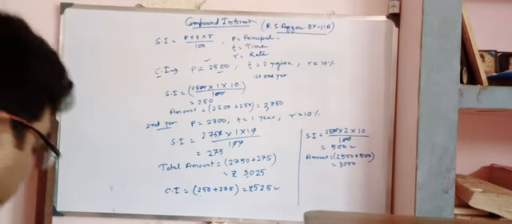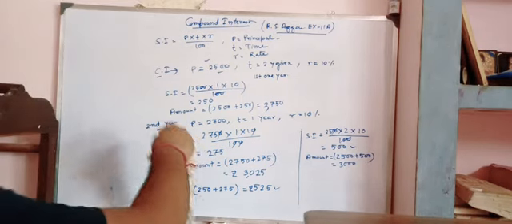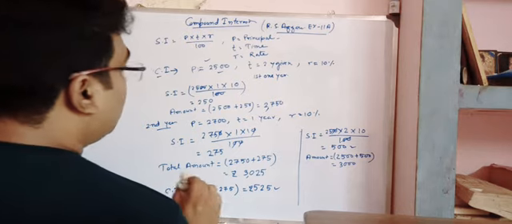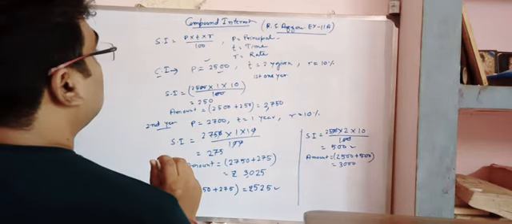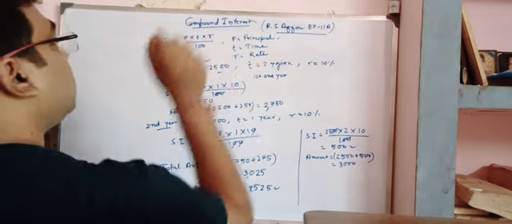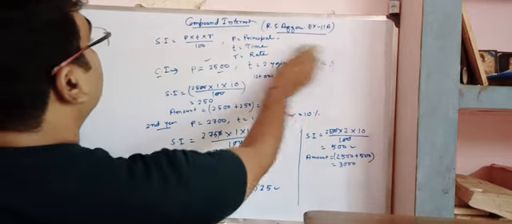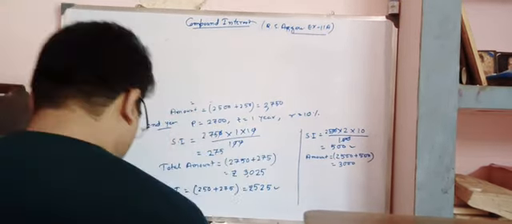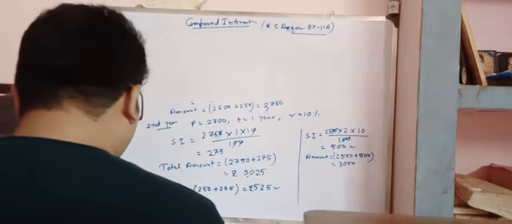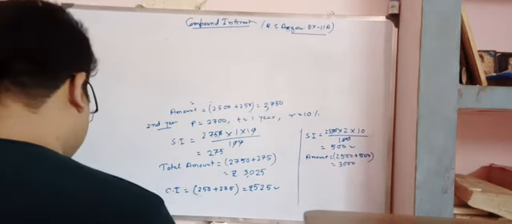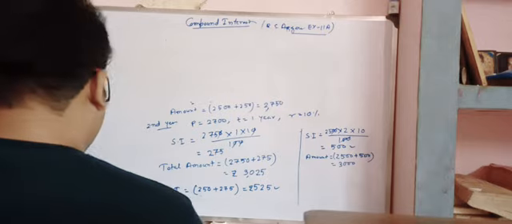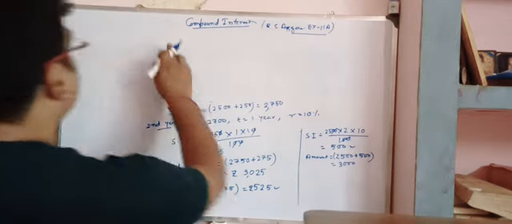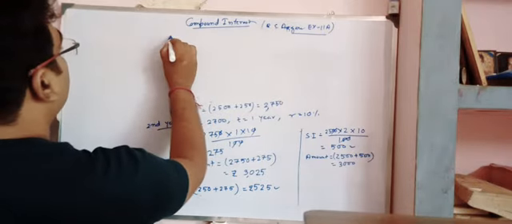So this is the basic difference between the simple interest and compound interest. Now, this is the basic formula. We have to do the compound interest from the direct formula, just like what we found in simple interest. Okay. Now for the direct formula for finding the compound interest, first we have to find the amount.